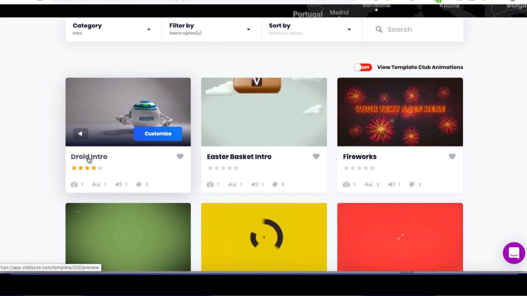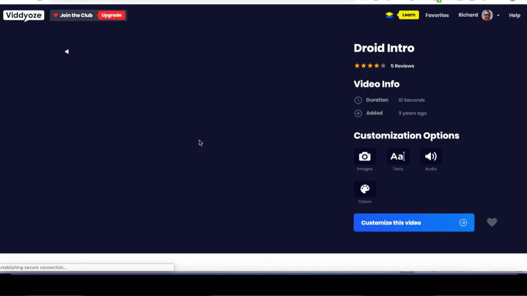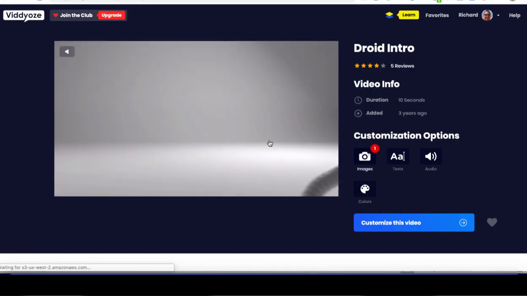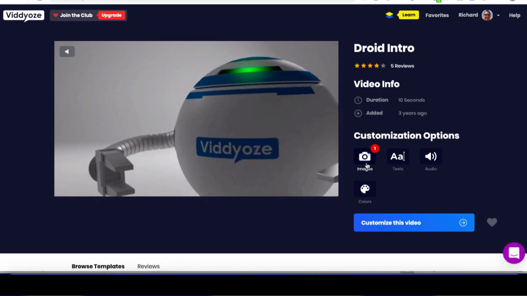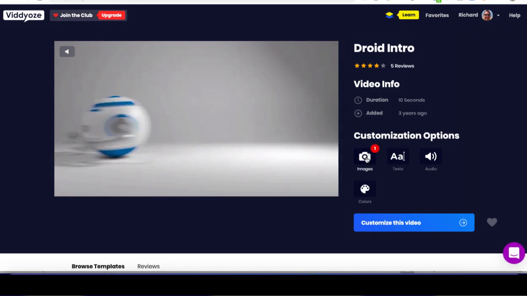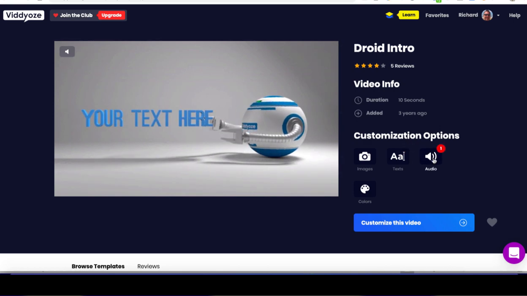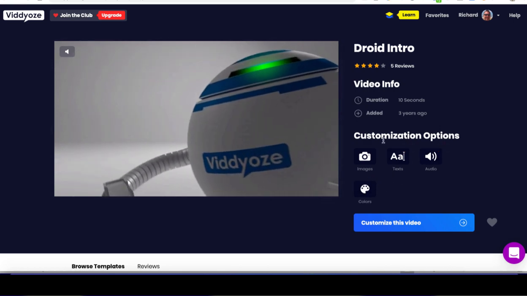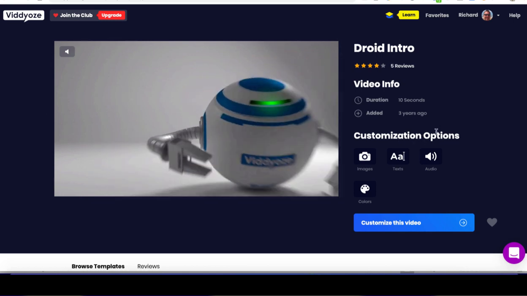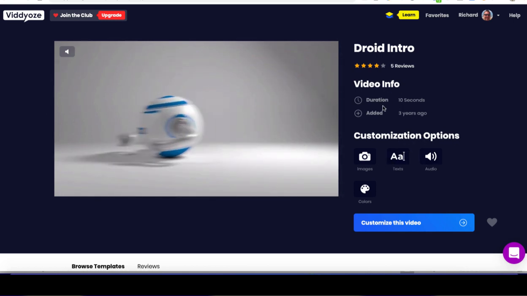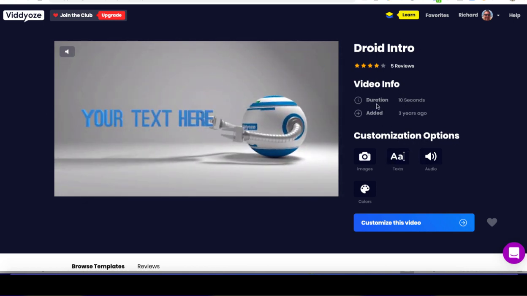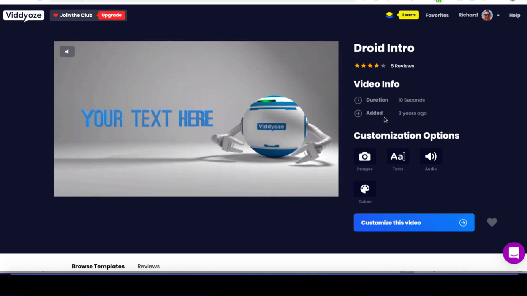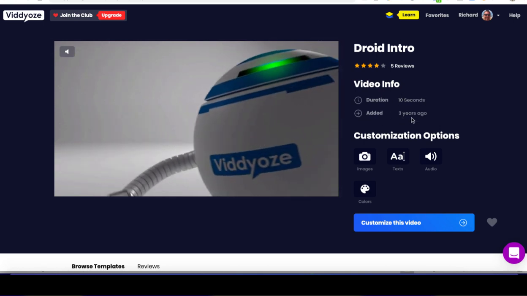So I'll look at this droid intro here. This is the one I've used on various other videos. Go ahead and customize this. Just press customize. Then you've got all these different options. You can change the image here, you can change the text, you can change the audio, and then you can change the colors. So on each one of these types of graphics, it shows what the customization options are. And then you've got obviously the duration of the video being 10 seconds,